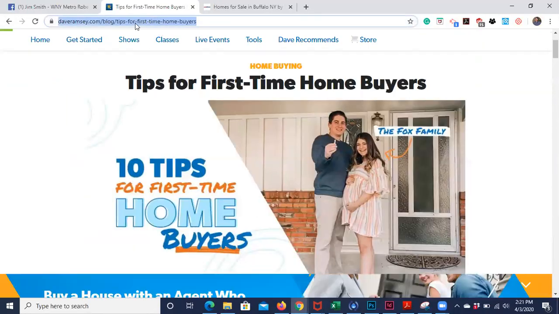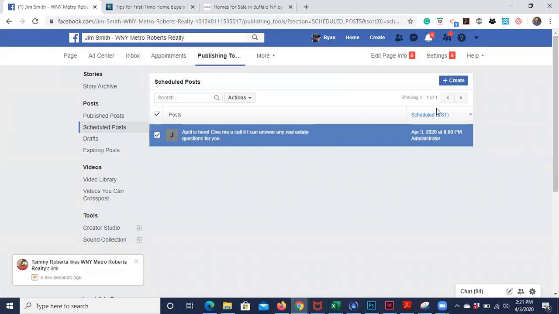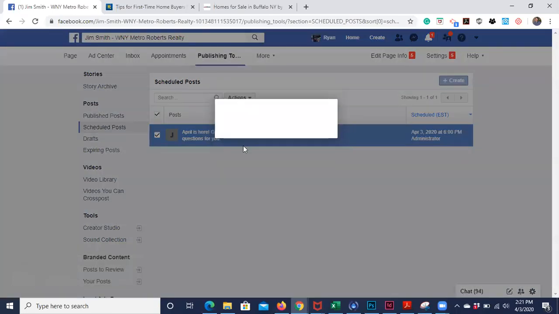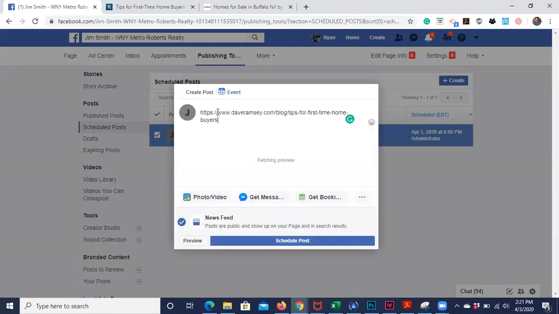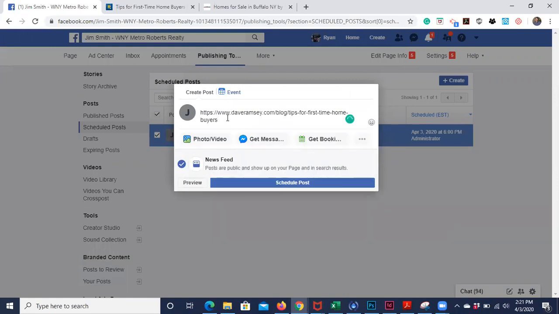So you can take this, copy it, put it here to create a post, put it in there. And as we know, Facebook will grab the preview for the post. So once you put a link in here, it'll grab a preview, but it just won't show it when you're in publishing tools for some reason. But once you have this link in there, you can take it out